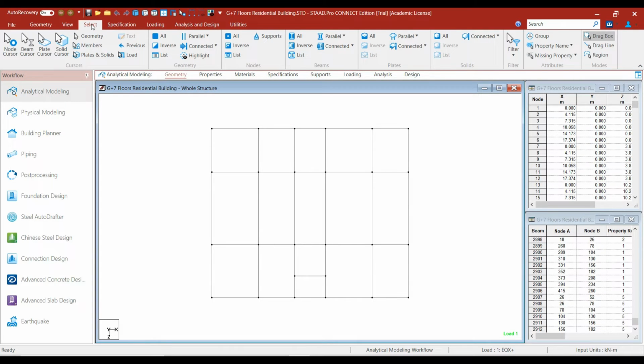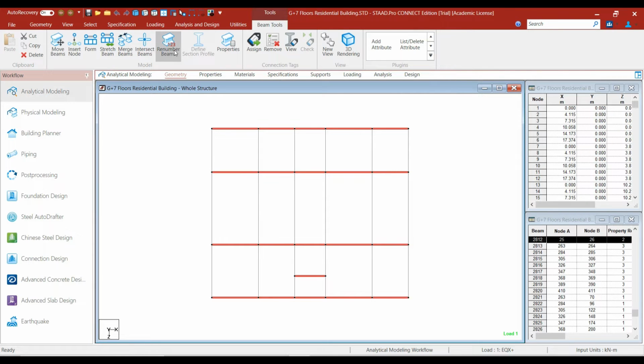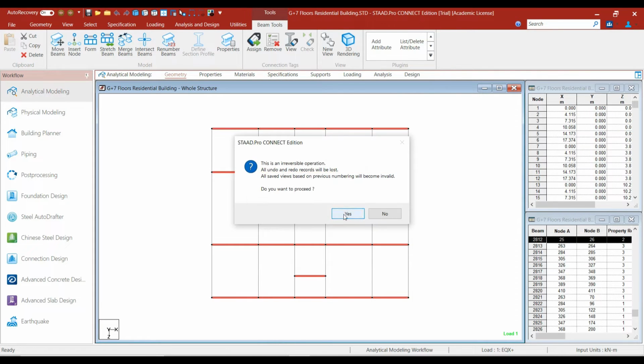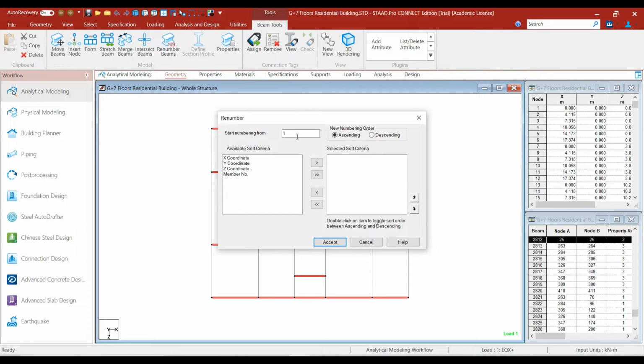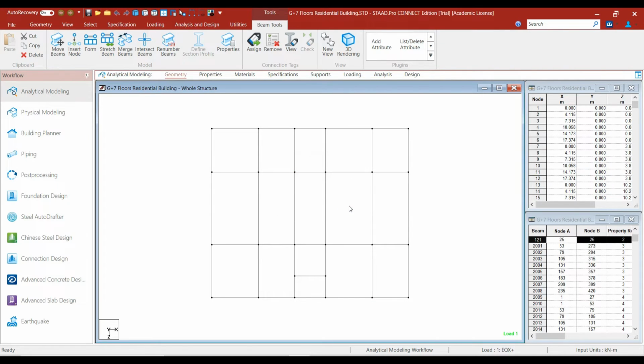So first of all, click on the select option and click on select beams parallel to x. Now click on beam tools and click on renumber beams and click on yes. Start the numbering from 101. Here I will select the coordinate y, z, x and click on accept and click on OK.